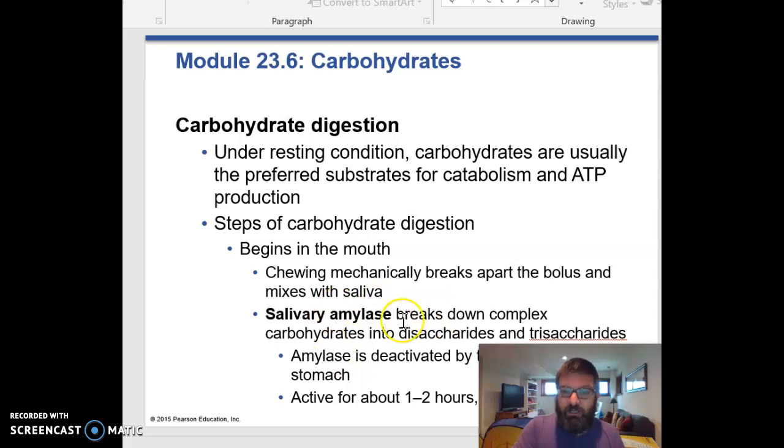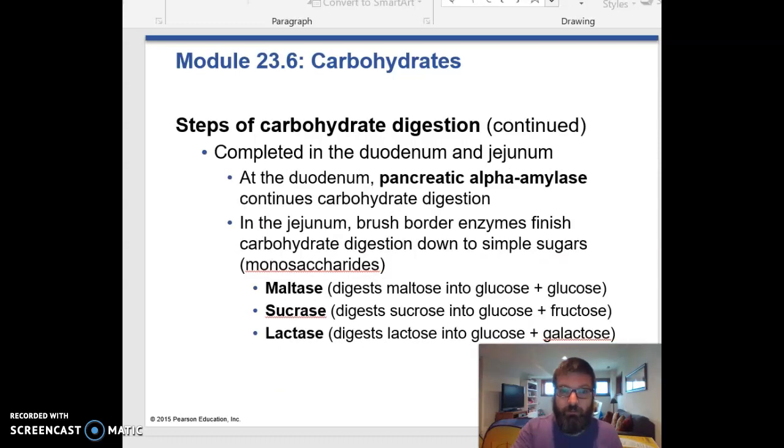And it essentially is active until this stuff has been in your stomach for a little while, because it's active primarily at a neutral pH, and your stomach is not a neutral pH, and so you end up denaturing the amylase. It actually gets broken down as a protein in your stomach. So then no carbohydrate digestion happens in your stomach. You have no amylase. But when you move on to your small intestines, to your duodenum, you make another amylase